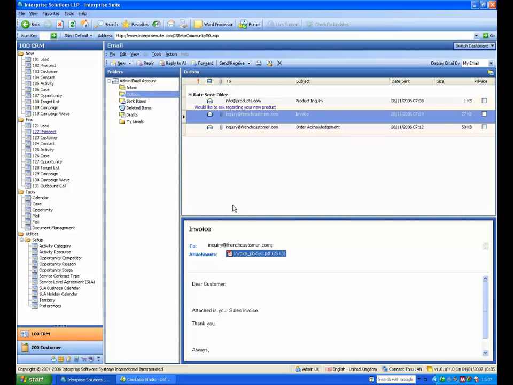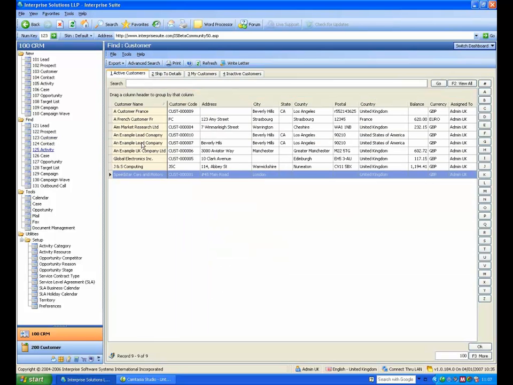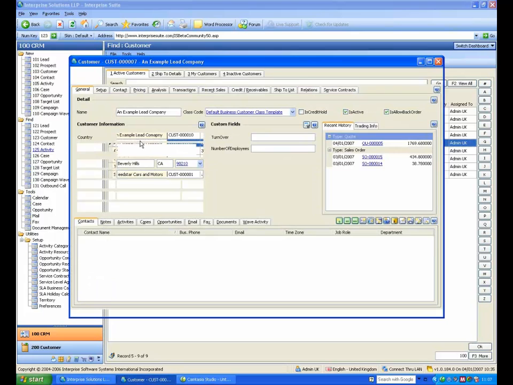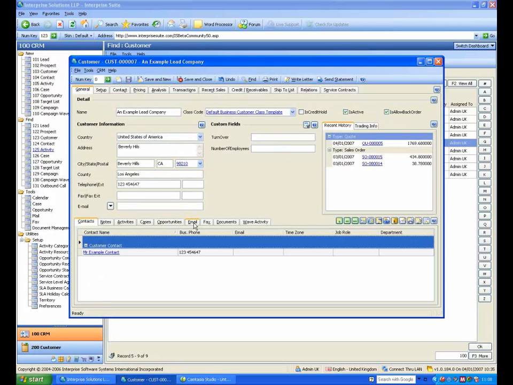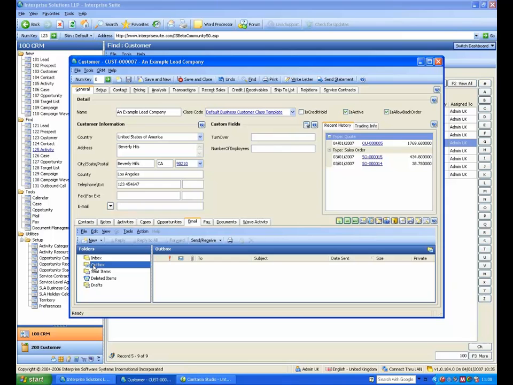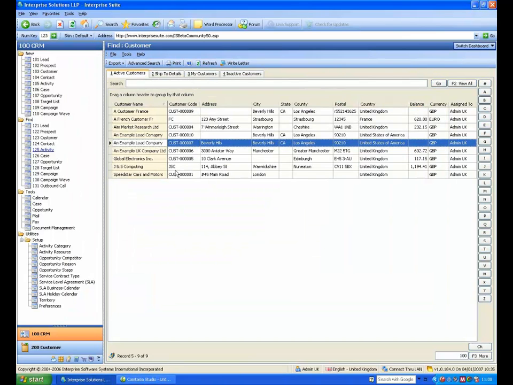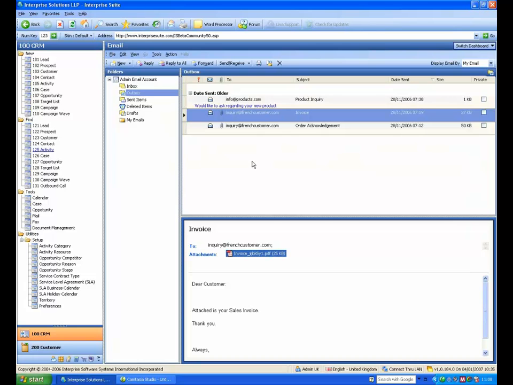So when you look at that customer account, if I just pop up a particular customer here, let's say example lead, hopefully we'll have one on here. When I actually look at their account, I'll be able to see all the emails sent and received on their account. Okay, so let's just go back to the email dashboard. If I create a new email,